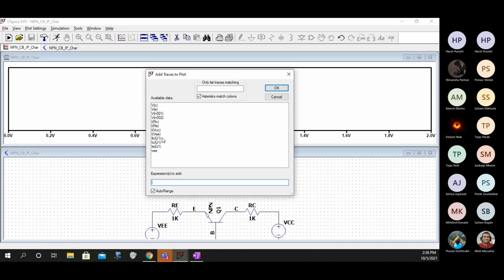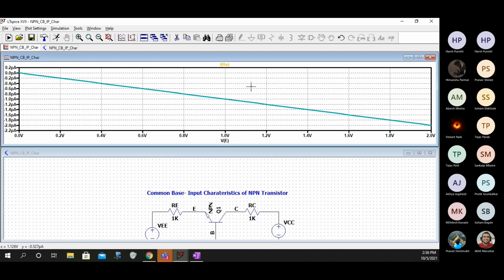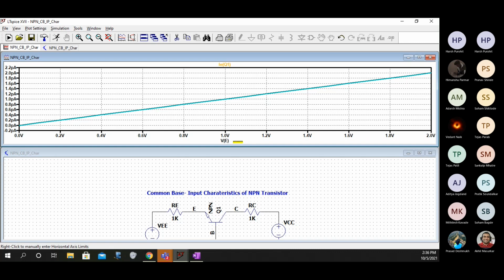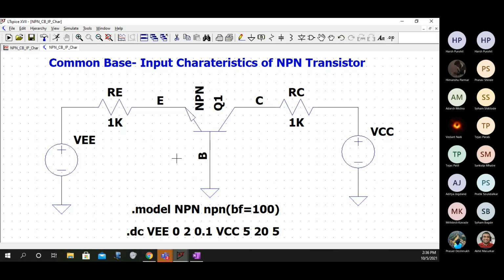Add trace. This axis is a bit not proper. Just give me 2 minutes. I'll just figure this out.